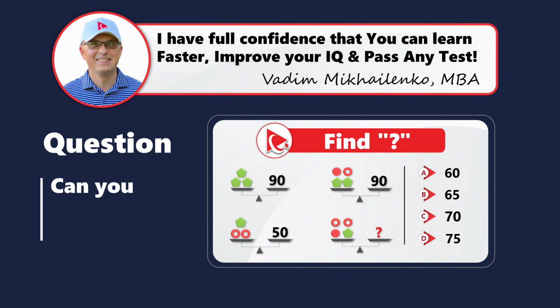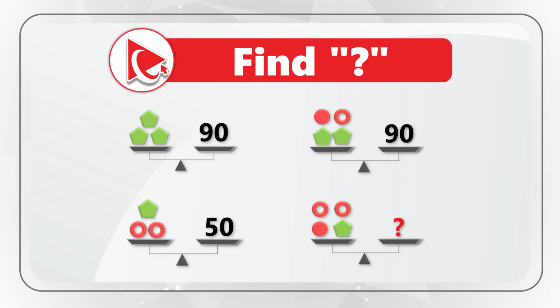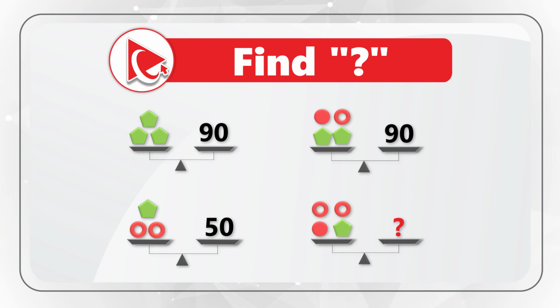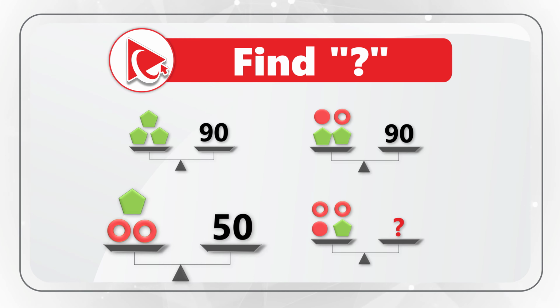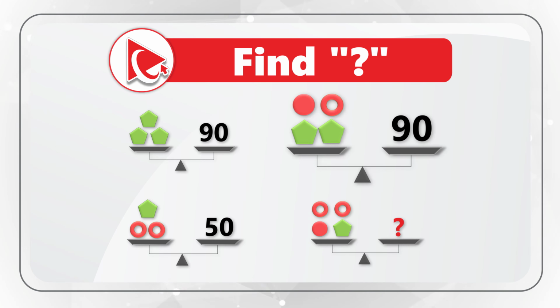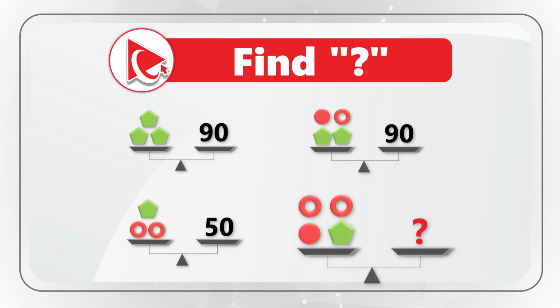Here's a puzzling question which you might find difficult to solve, but the solution is really simple. You're presented with 4 scales, and you need to calculate the missing number. First scale contains 3 pentagons on the left and number 90 on the right. Second scale contains 1 pentagon and 2 bagels on the left and number 50 on the right. Third scale contains 2 pentagons, 1 circle and 1 bagel on the left and number 90 on the right. And then the last scale contains 1 pentagon, 1 circle, and 2 bagels on the left, and a missing number